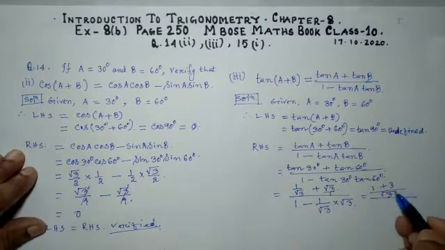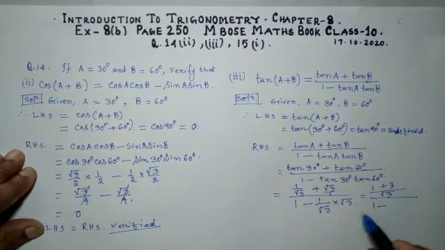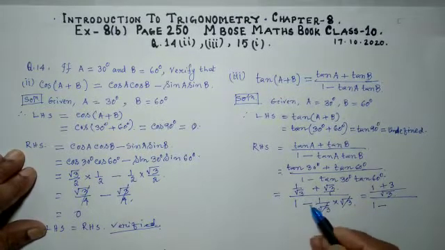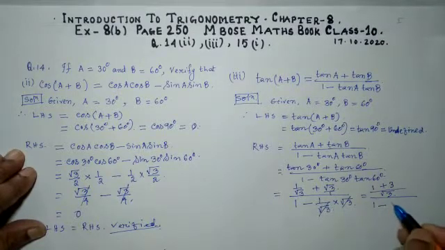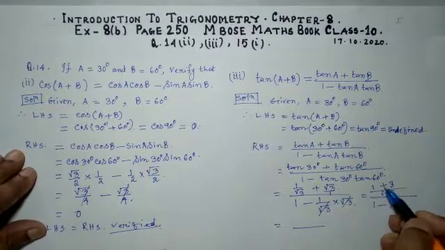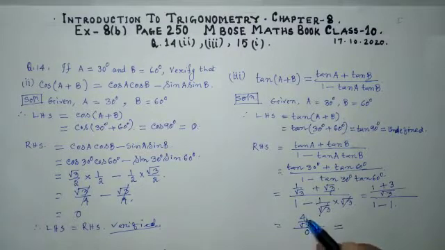So it comes like this, and look at this denominator, 1 minus this root 3. This root 3 is down, this root 3 is up, we can cancel it. So it remains 1 minus this 1 only. And next line is here, this is 1 plus 3 is 4, 4 by root 3, and 1 minus 1 is what? 0. So this one directly we can take the value. You see, 4 by root 3, it is a number.